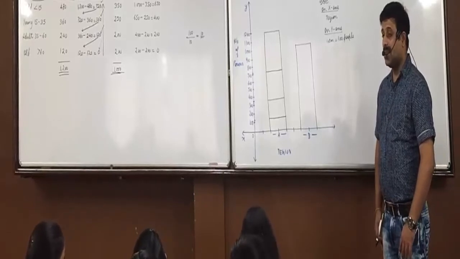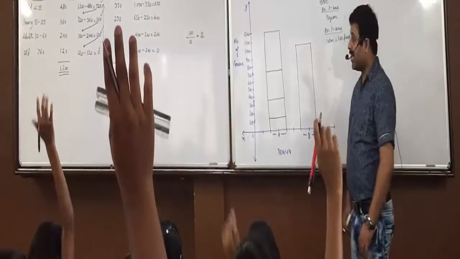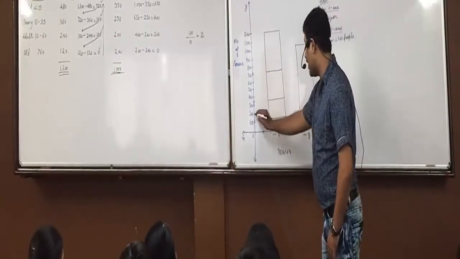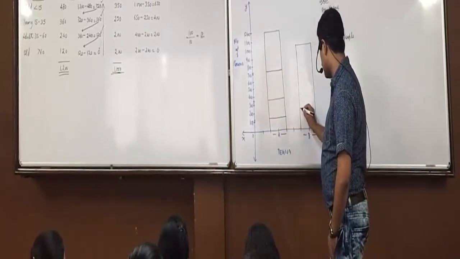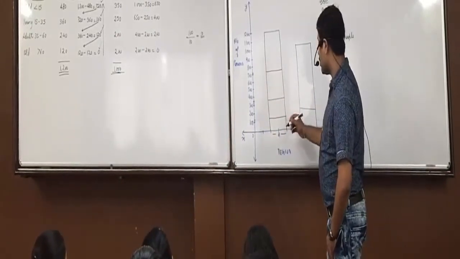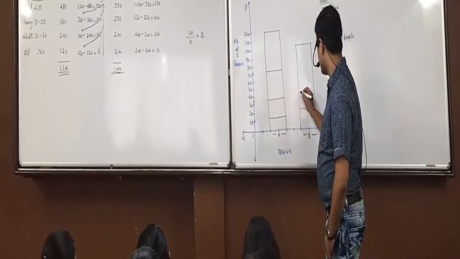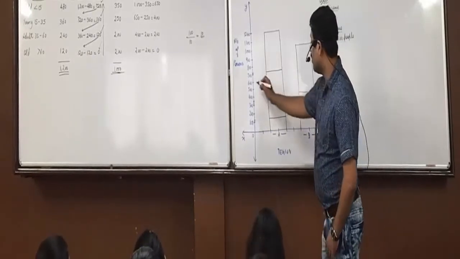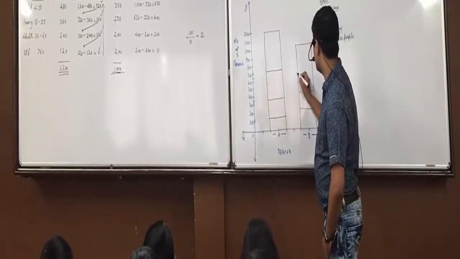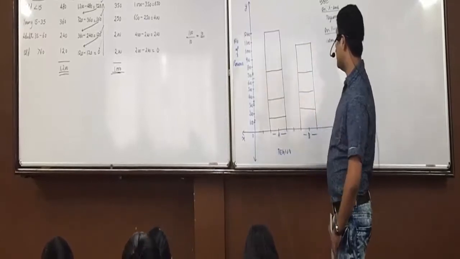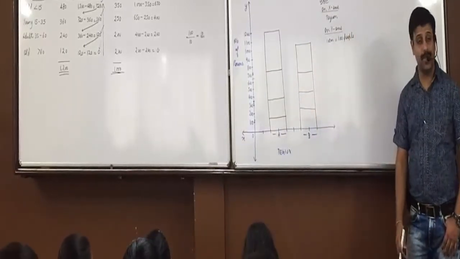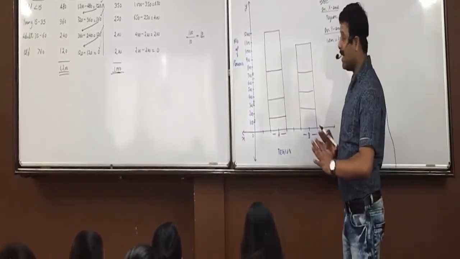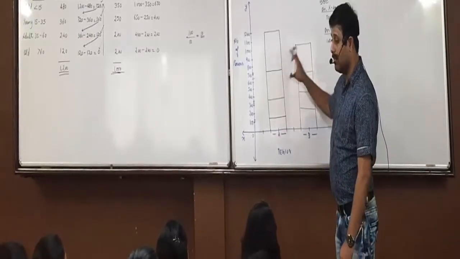Who all have completed region B? Okay, check it. First is 0, we have it. 200 directly we have it. 400 also we directly have it. 650 will be exactly between 600 and 700. Do you all get the split ups? Yes. Any confusion? Now shading will be done in each part, but same shading in both the bars.